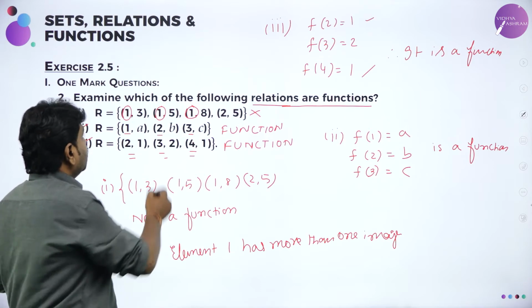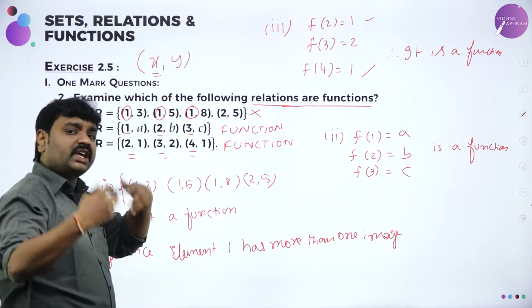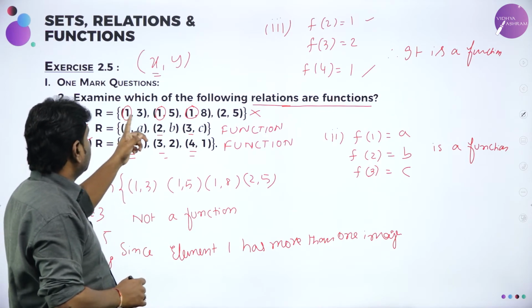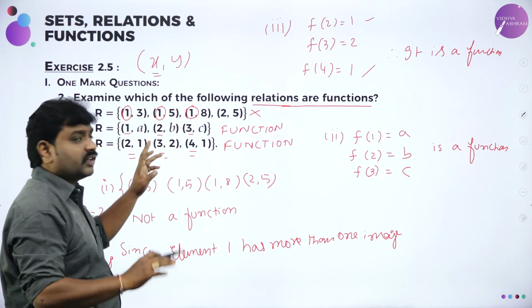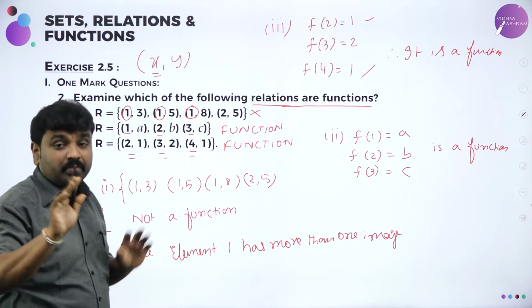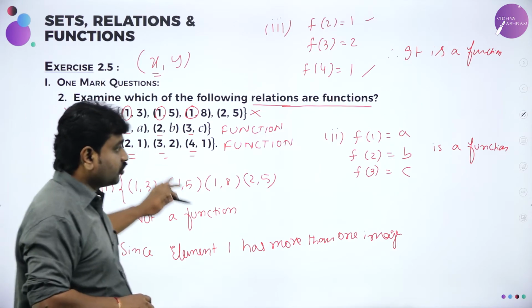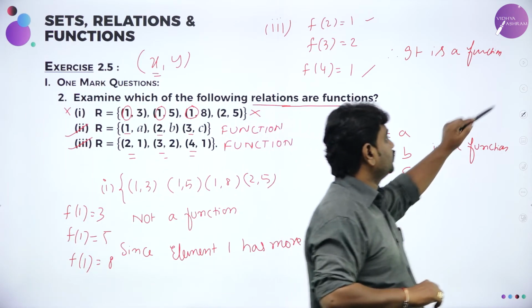In the ordered pair x comma y, x should not repeat, y can repeat. So here x is repeated. In the second one x is not repeated, in the third one x is not repeated. If the first element is not repeated, then it is a function. That is the criteria to solve these kinds of 1 mark questions. Next,